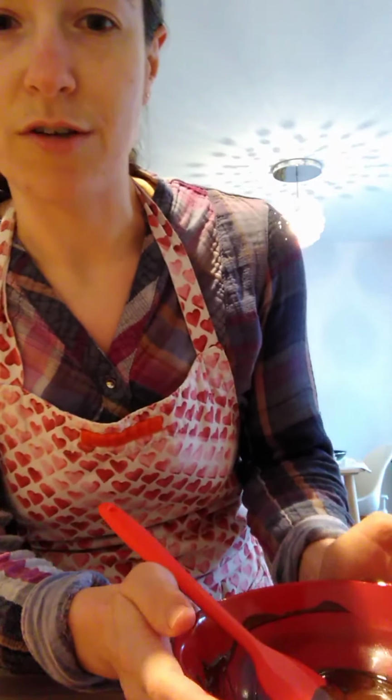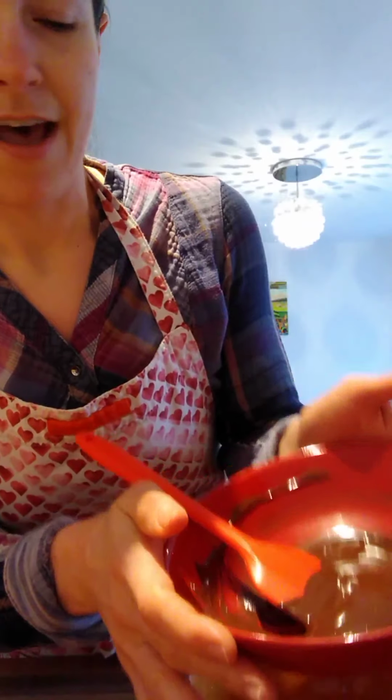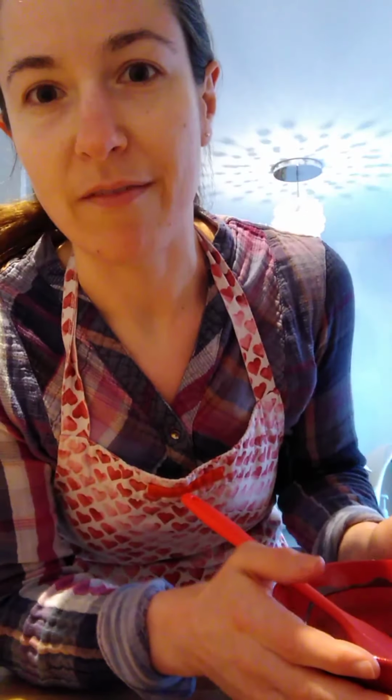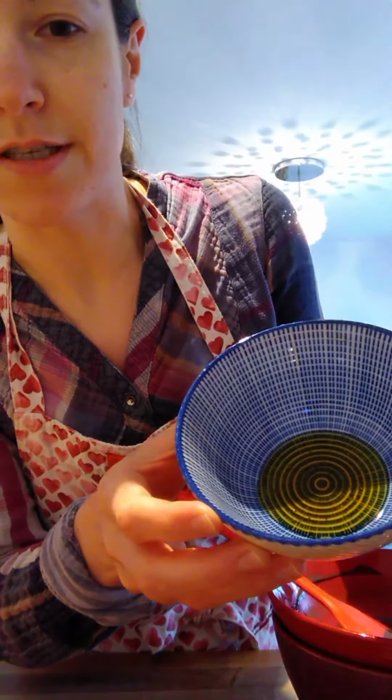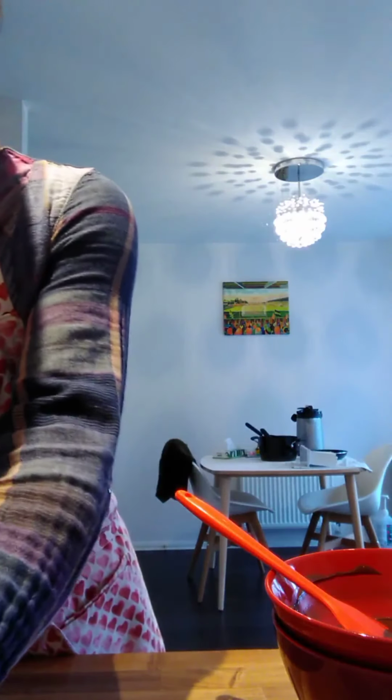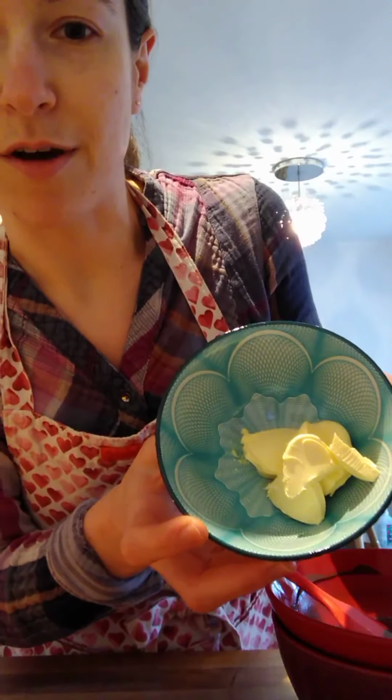I've got 100 grams of chocolate, and I've just melted that over a bowl of hot water. Obviously be very careful when you're doing this with children, or you can use the microwave if you prefer. Then I've got 2.5 teaspoons of golden syrup, 30 grams of margarine,